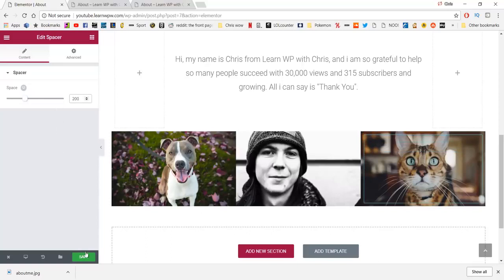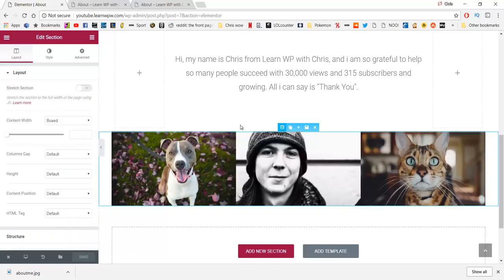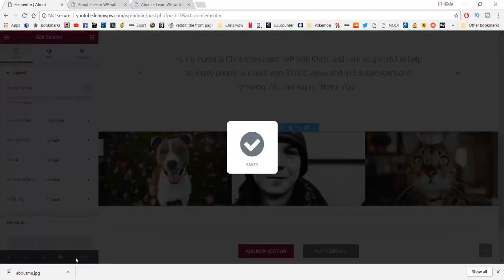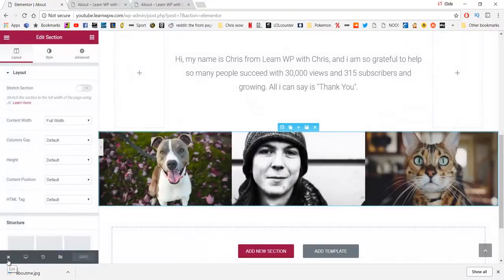Once you're done, just click save. And the last thing we've got to do on our About page is just make sure that these images go right across the page full width. So to do that, on the top whole section we're going to click on edit, and where it says content width we're going to put full width. You might not be able to notice it right away, but if you click save and then exit and view page,